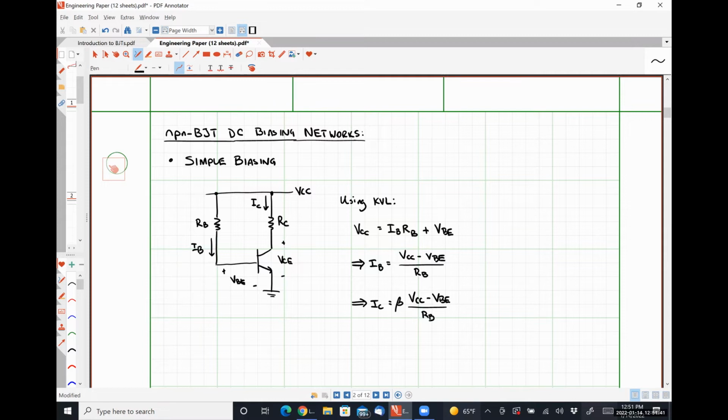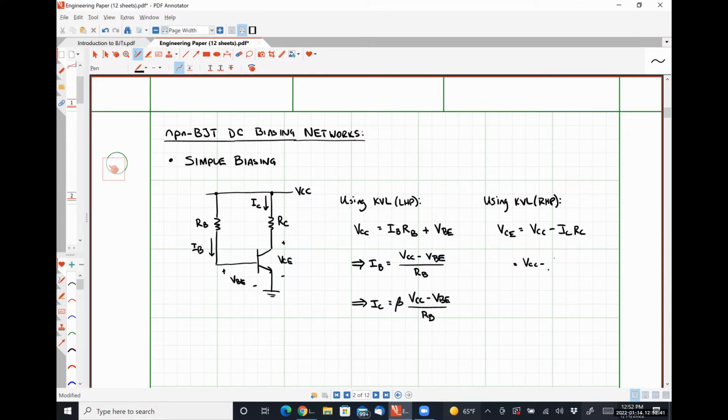If we apply Kirchhoff's voltage law on the right-hand side of this circuit, here, what we'll find, let me put left-hand path, for the right-hand path, we'll find that VCE is equal to VCC minus IC times RC, and therefore VCE is simply